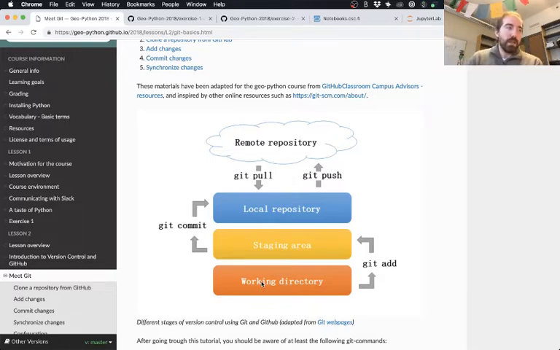And when you want to make changes to the files, you might edit them directly inside a Jupyter notebook, make some changes there, save it. At that point, if you say, okay, I want to put my files into an updated version on github.com, the first step is to take the files that you've modified and do a git add, and then you list the name of the file. So most often it's going to be git add and then the name of your Jupyter notebook. That will indicate to Git that you have designated some files that are ready to be saved as a new version. So they go into this thing called the staging area.